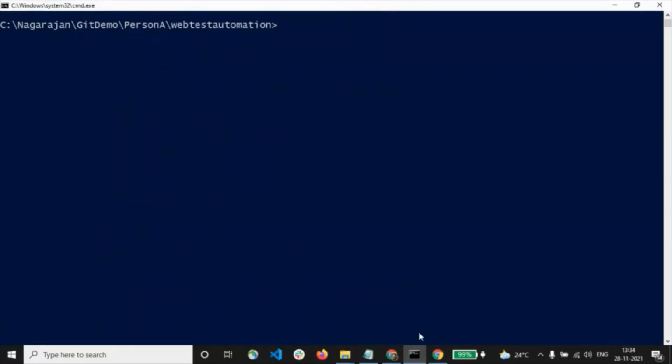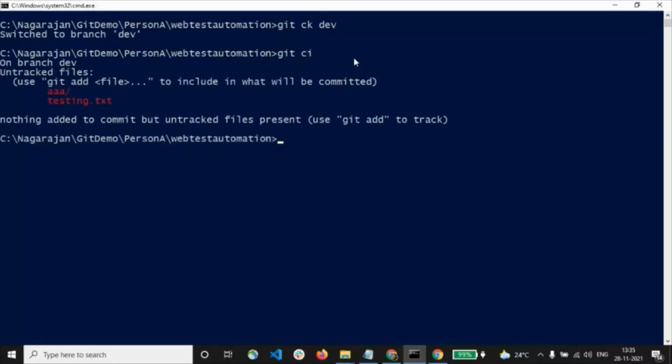How do we use those aliases? Okay, let me put git ck dev. So this ck represents checkout. So we have switched to branch dev. Okay, let me put git ca. This represents commit. Okay, ca represents commit, and we created one for branch as well, right?